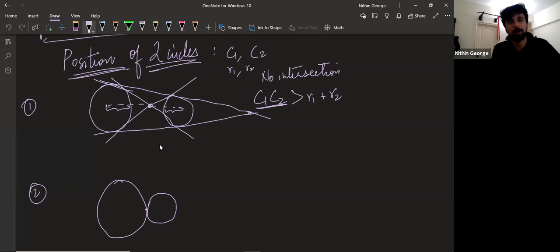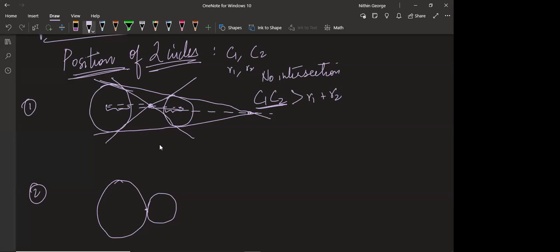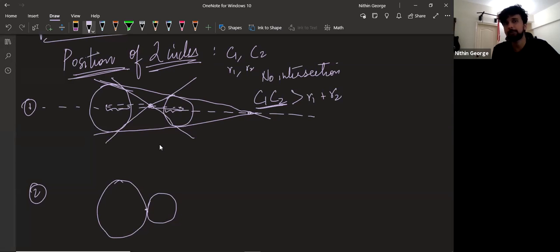The idea is they'll all lie on the same line. The centers and the point of intersection will lie on the same line. So you can make triangles and figure it out from here. I'm not explaining too much about this, but it is clear. There are 4 common tangents.